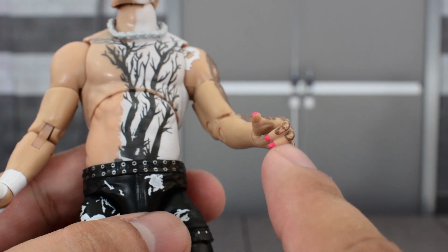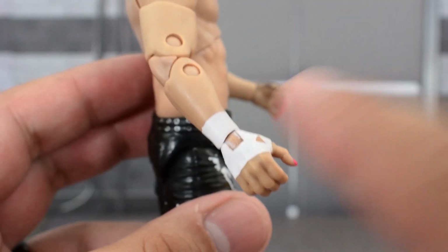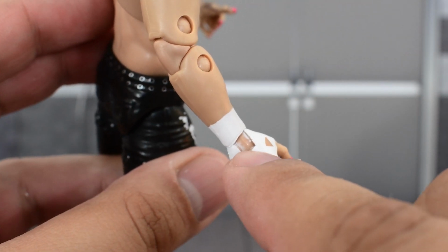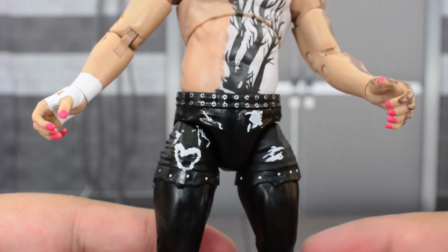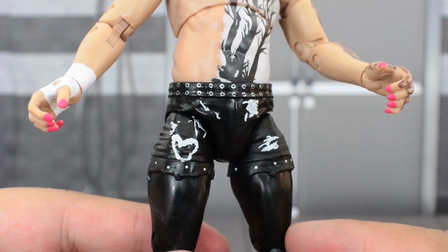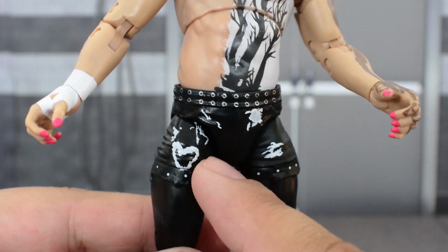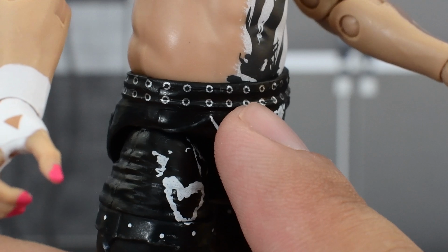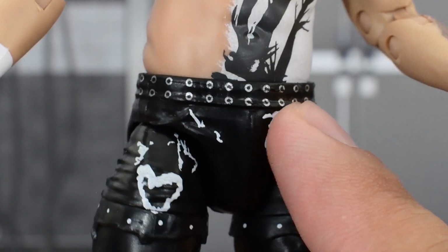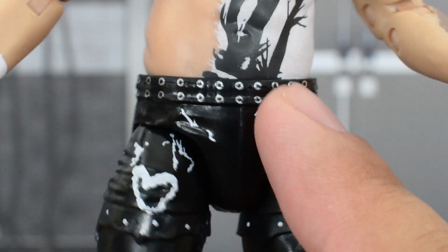He also has pink fingernails on both hands. Wrist tape is painted pretty well. You got a little bit of white here on the hinge. Then, looking at the lower body, it is the exact same lower body as Series 3. It has a different paint scheme, so you got a little bit of white on the front shorts. And the belt are these studded belts, with those silver holes, so that is painted,